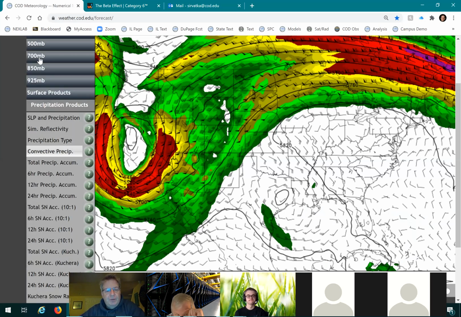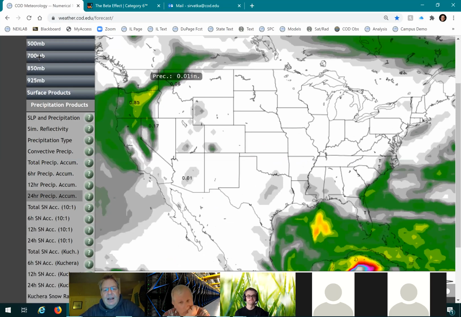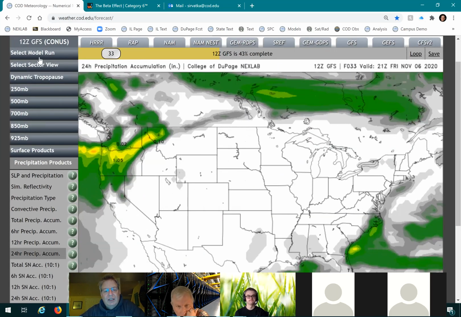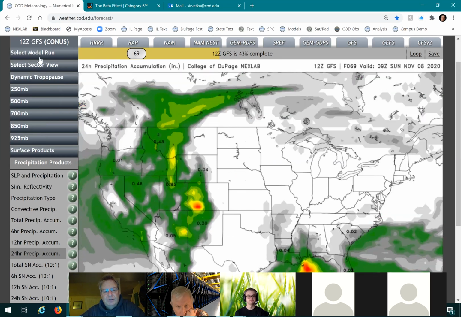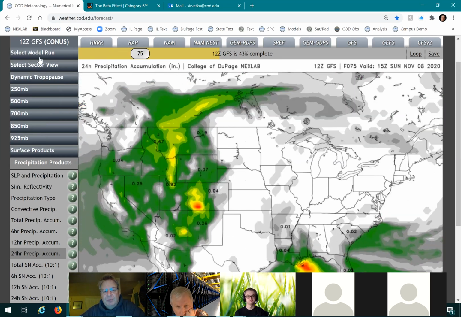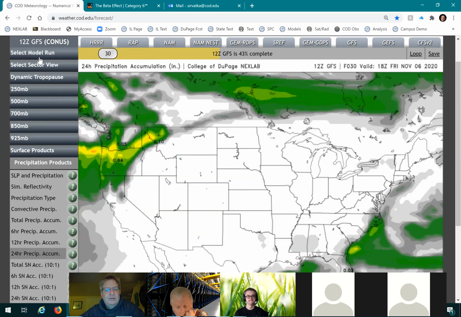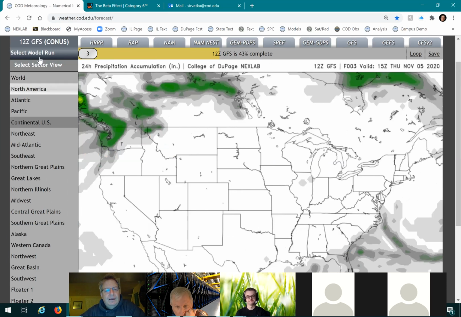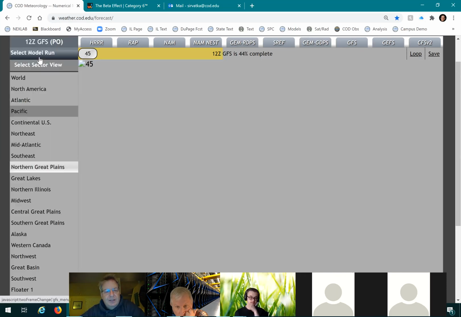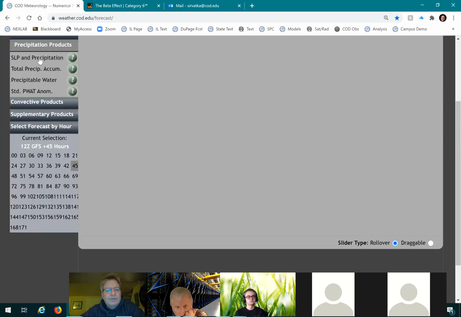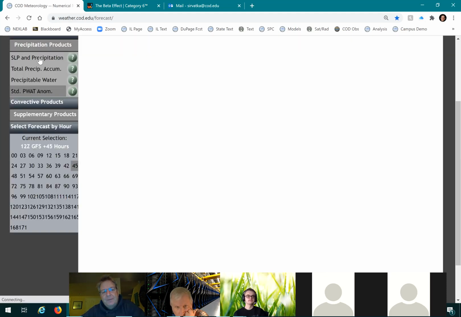Just for the sake of it, I want to take a look at something here. This is actually making me interested. I'm actually getting some rain into California, but not much. Not the valley, but I'm getting some rains into California. Let's take a look at why that is. If I go to my QPF or PWATs,